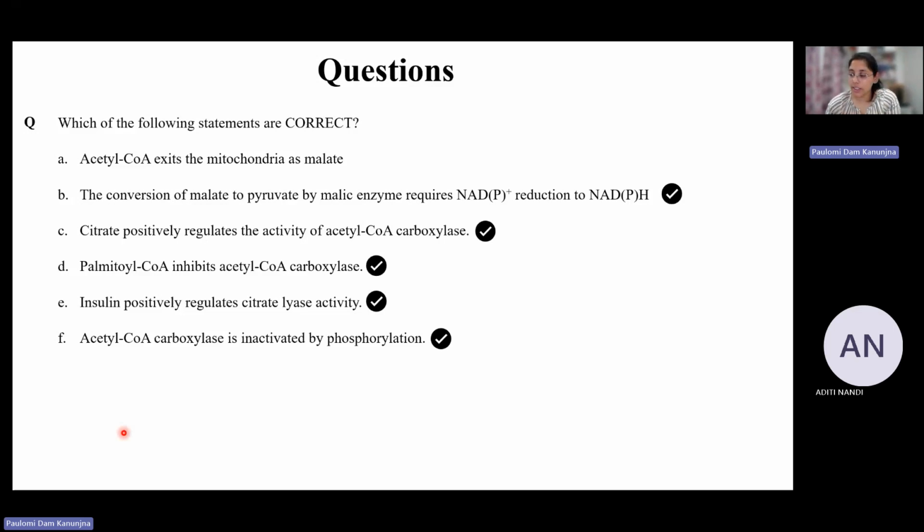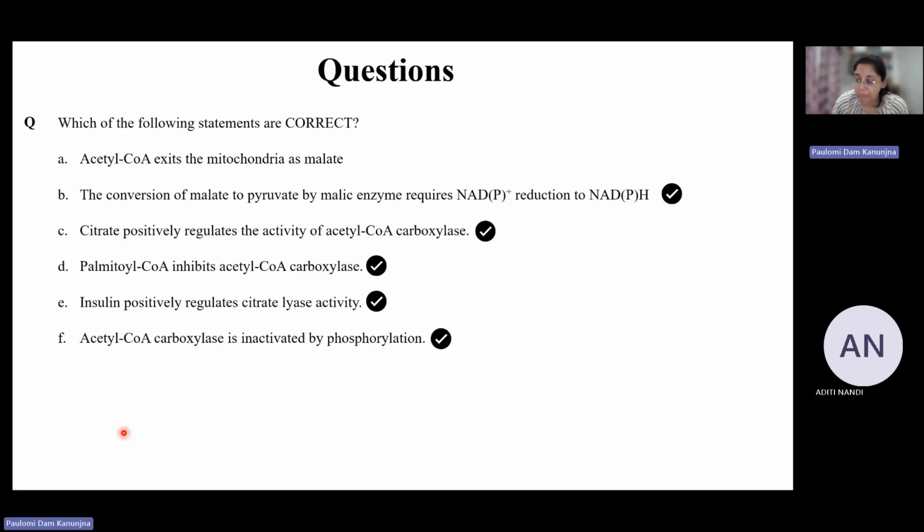Okay, so basically all of these are correct answers, except for the first one. So let's first understand the first one. The first one is acetyl coenzyme A exits the mitochondria as malate. When you look into how acetyl coenzyme A is transported, you will see that acetyl coenzyme A cannot cross the mitochondria on its own, so it does not move as malate. What it does instead is that acetyl coenzyme A and oxaloacetate form citrate, and that citrate is what is moved out